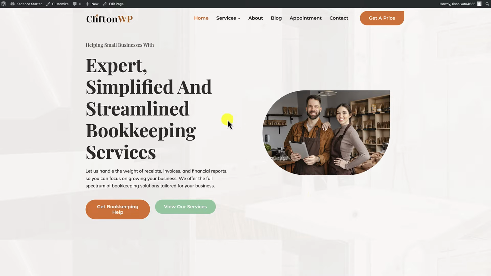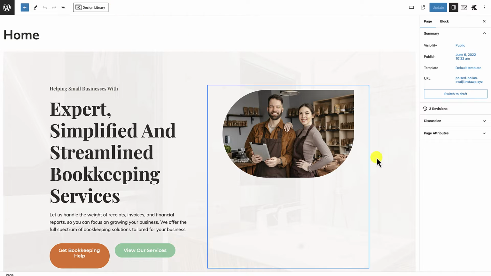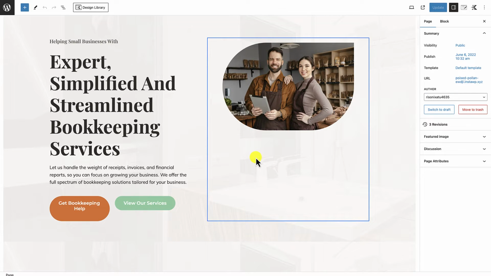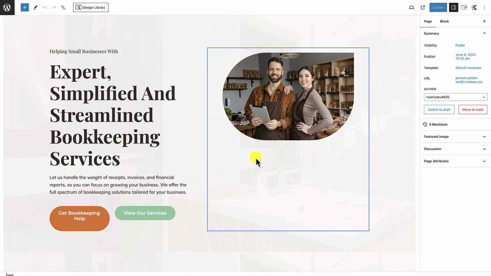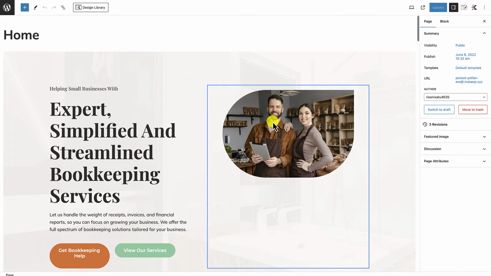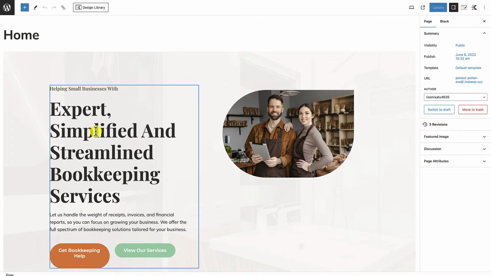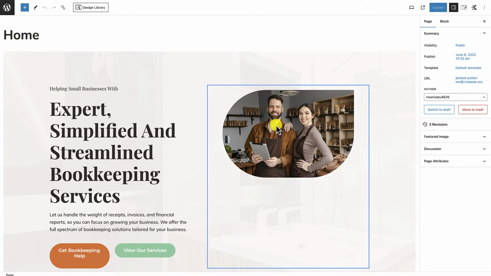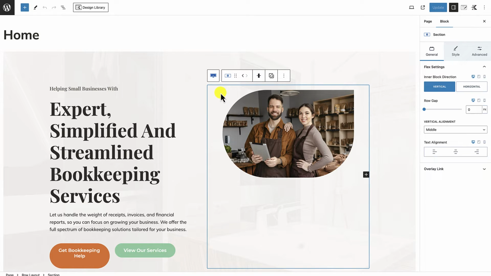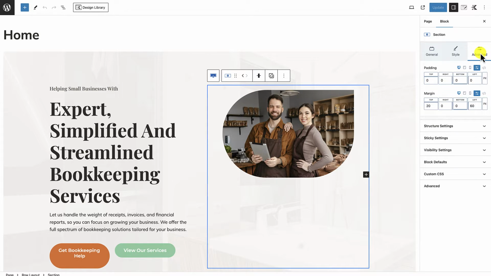Okay, so now that we've added our content, let's go ahead and design the area. So let's go back to the editor by clicking on Edit Page in the Admin Toolbar on the home page. That will take us back to the Gutenberg editor here. And what we're going to do now is we're just going to make this look nice, okay? All right, so the first thing that we want to do is we want our text over here to be a little bit smaller. We want our image to be larger. Okay, so to do that, I'm going to go ahead and select this section so I can see what's going on in the section. I'm going to move over to the right, go to Advanced,